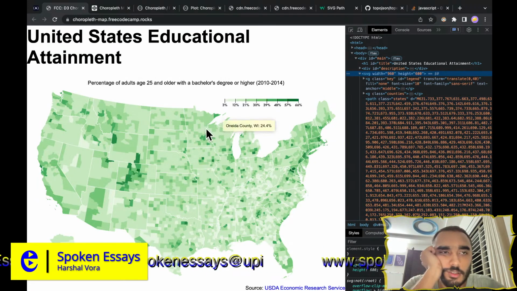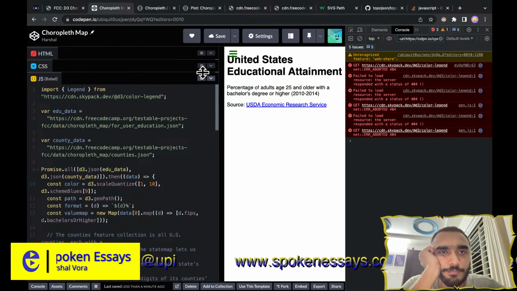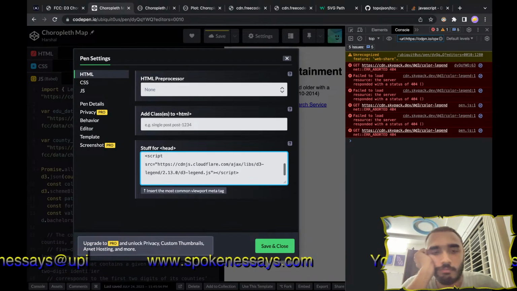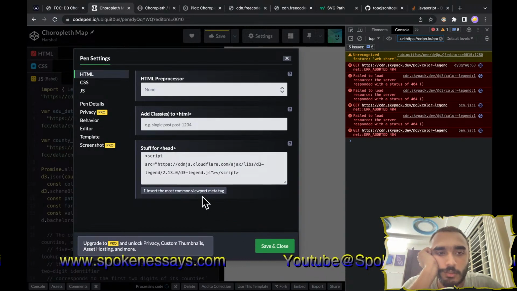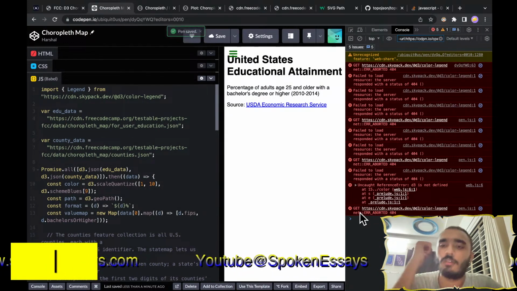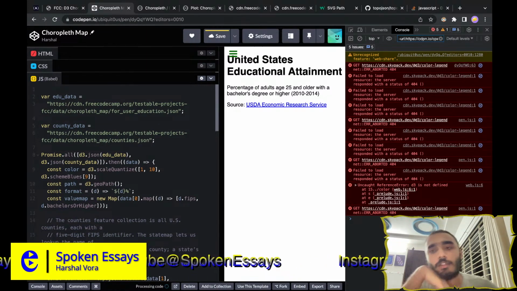Would you look at that? Anyway, if I go to HTML, let's put SUSE's legend data. It still says error. Okay, let's remove that line